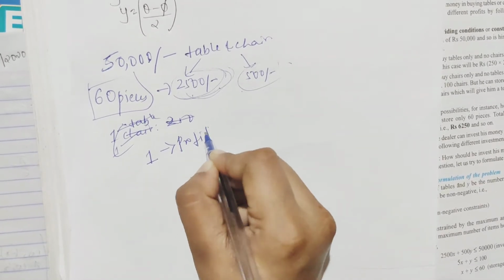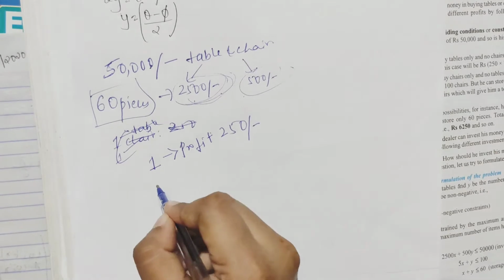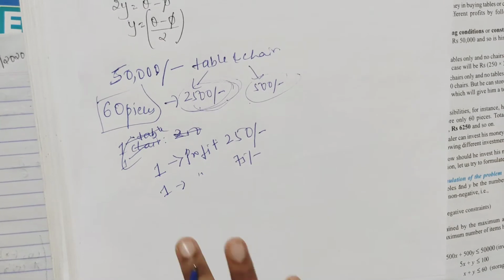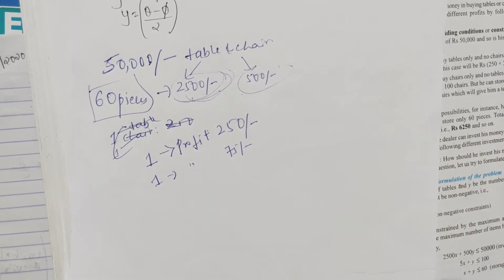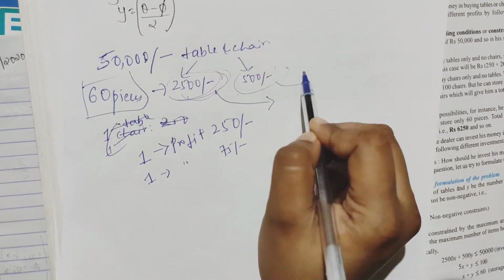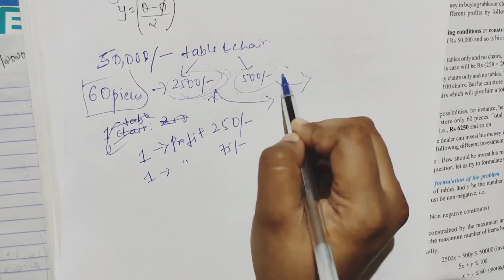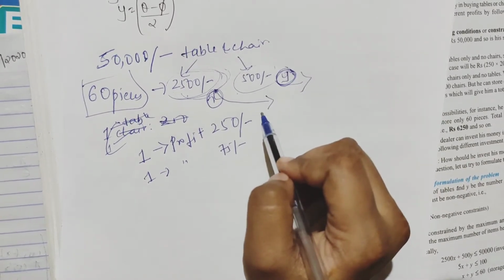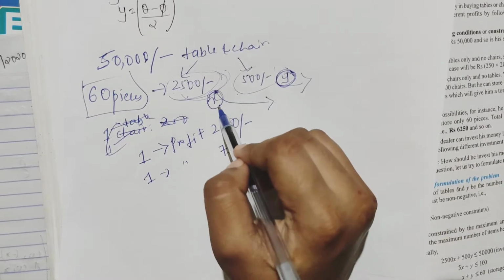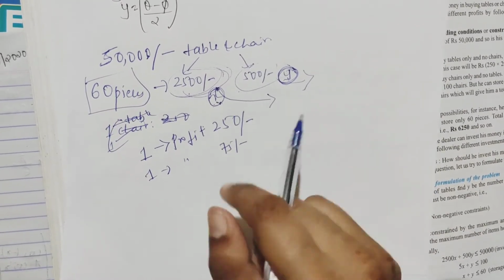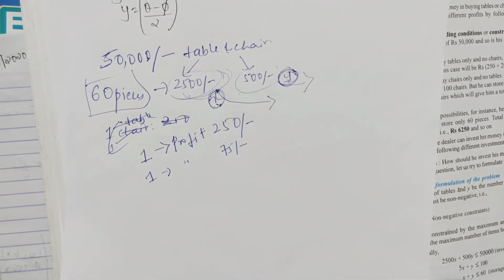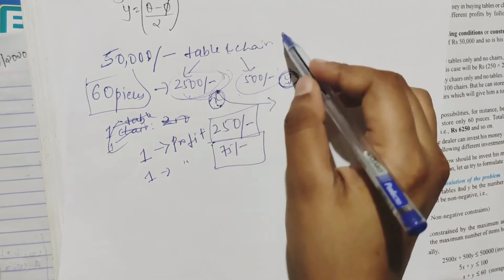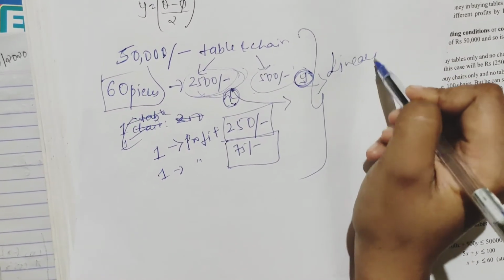Okay, profit of how much? Rupees 250. And from one chair he'll make a profit of how much? 75 rupees. Understood? So in this, what we have to find is how many tables and how many chairs, right? First of all we have to find how many chairs he has taken, how many tables he has taken, and after that, at what amount he is selling them, so that he is getting 250 profit and 75 profit. This itself is called linear programming.